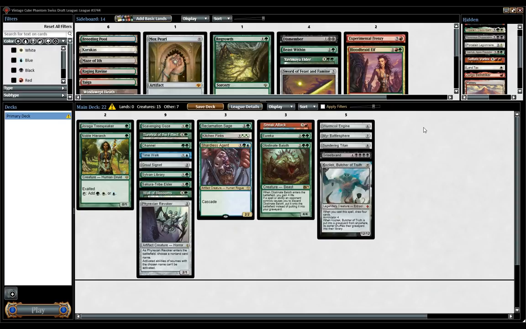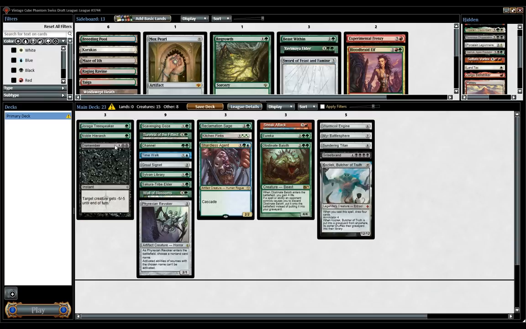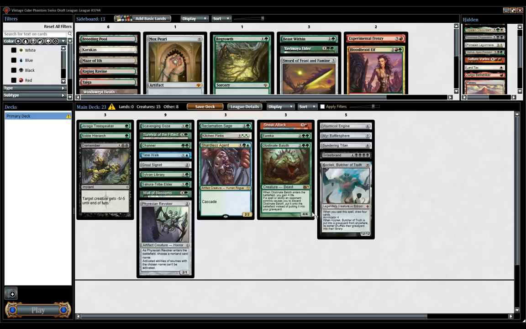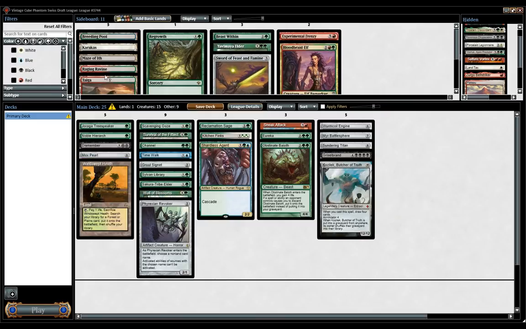No one expects the second Eureka. Again, Eureka scares me with this deck. I feel like the Sneak Attack and the Channel plans are the stronger parts of it, but Eureka does work with Grizzlebrand, Sundering Titan into play or something like that. And then, all right, so Mox,